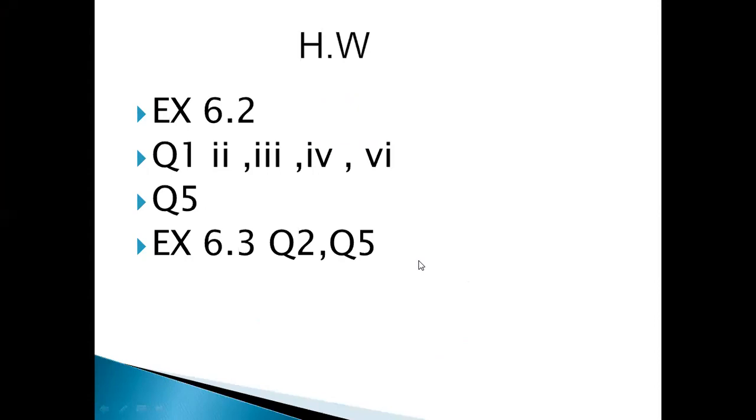And question number 5: 12 water pumps can make a water tank empty in 20 minutes, but 2 pumps are out of order. How long will the remaining pumps take to empty it? So again, 12 water pumps, 20 minutes, and 2 water pumps are out of order. So 12 minus 2, that is 10 water pumps. For 10 water pumps, the number of minutes automatically increases. This is also direct proportion. So you will do it by yourself. Inshallah, you can easily do it. 2 out of order means that the remaining water pumps are 10.